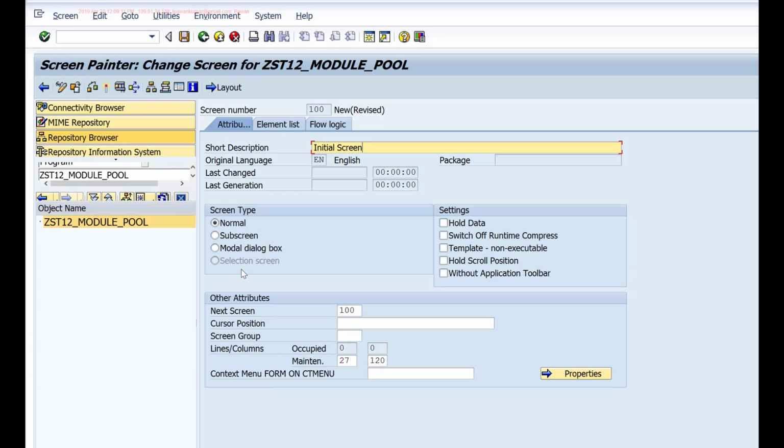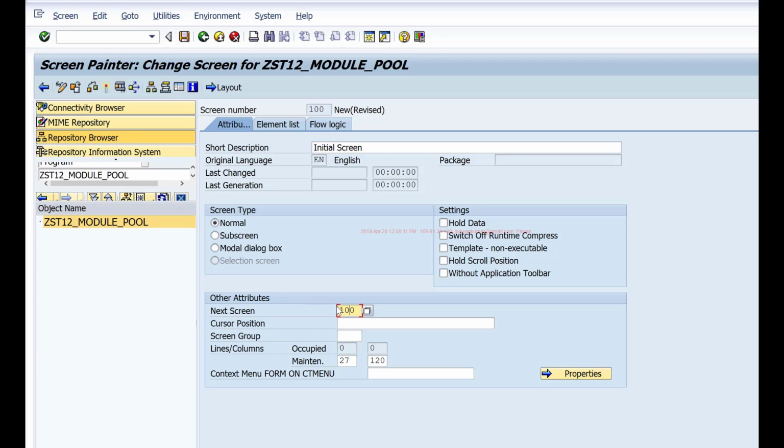And when you create a selection screen using parameters or select options, it will create this selection screen. We won't be able to do it manually, but when you use the parameters or select options keyword in your program, it is actually generating the screen and the type will be selection screen. So you maintain this screen type. This is an important setting.